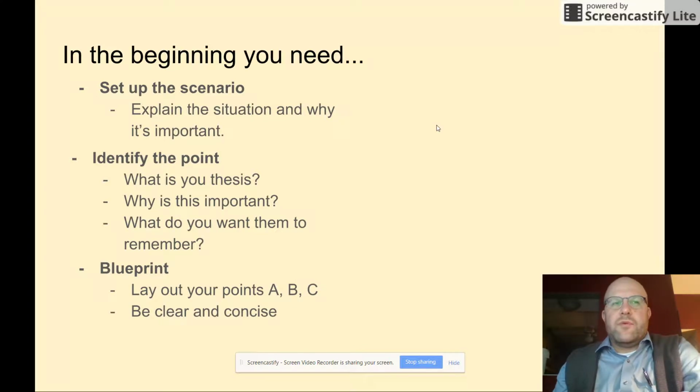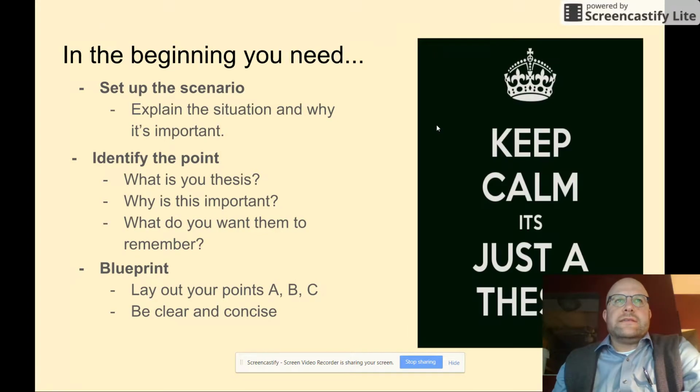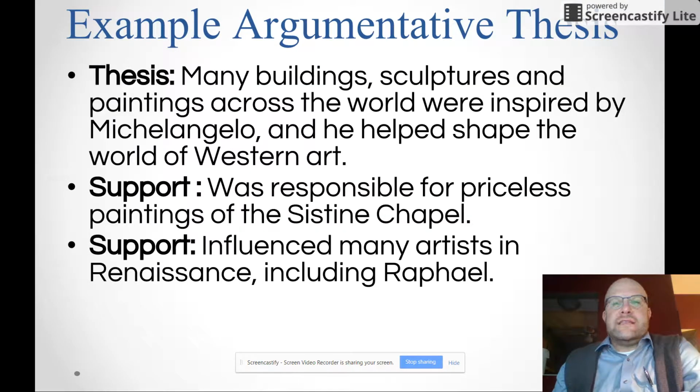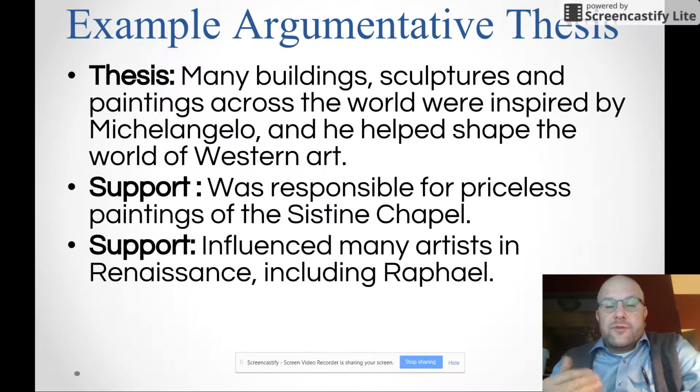What are you going to use to support? Being clear, concise, laying out the facts as you're doing that. Facts, which I'll get into in a second. But first, let me step back and talk about some different thesis ideas here. Even though you're persuading, persuasion is argument, an argument that you're making, or in some cases, the other term for it would be a claim.